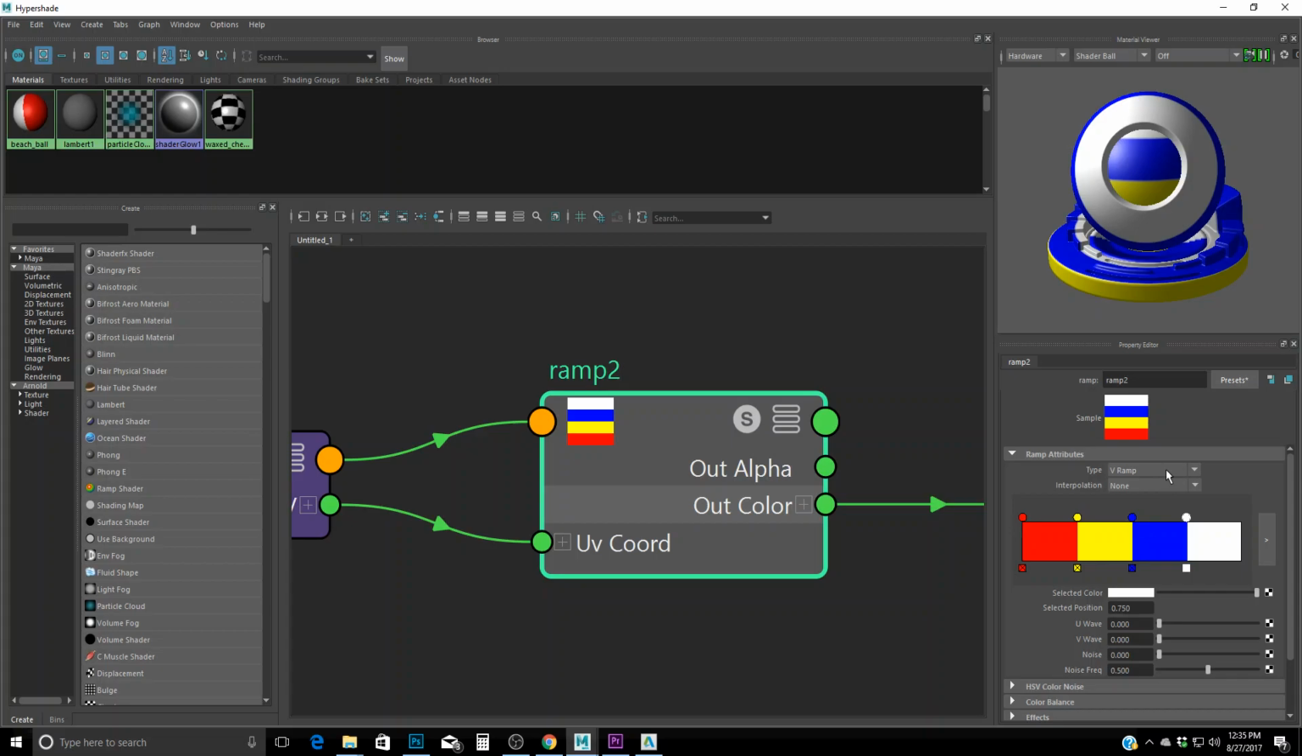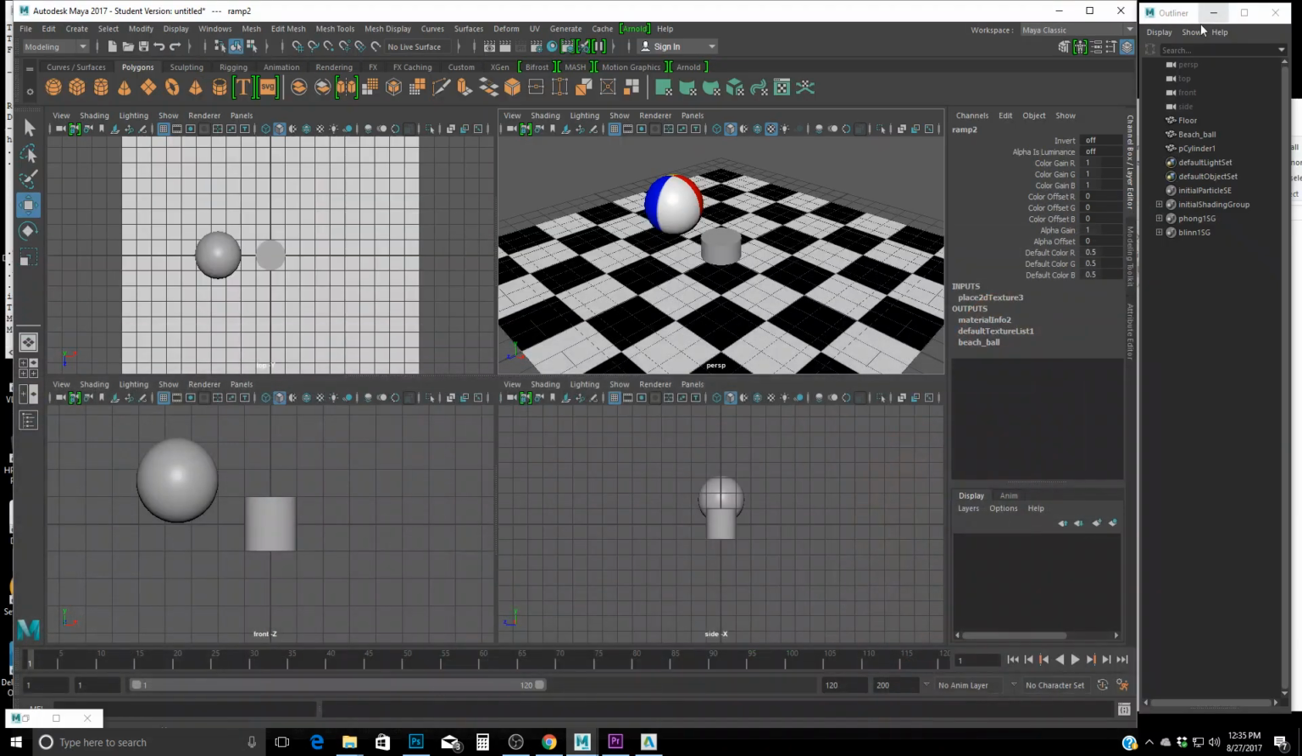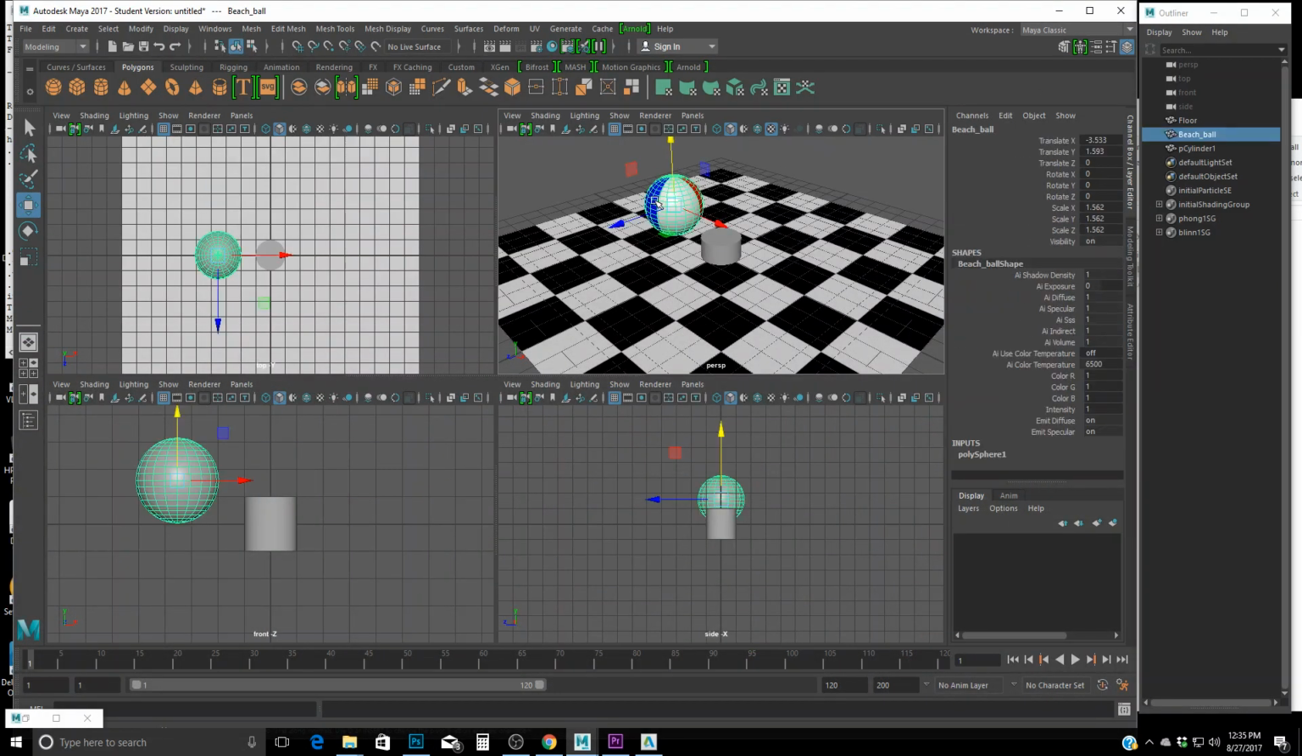So I'm going to change this from a V ramp to a U ramp. And what is a U and what is a V? Well, the U and the V is the direction in which colors are wrapped around objects. So if you can see here, just by